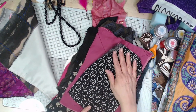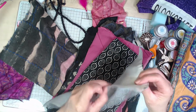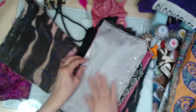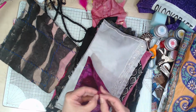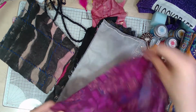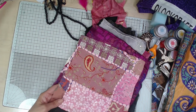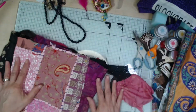Look at that. It's like multi-layered. It's got cotton on the inside. No, it's not cotton. It's like a satin lining with a sheer over the top and this lovely beaded embroidery. Some more delicate silky fabric. Oh, look at that. I'm just blown away by how much is in here and how beautifully they've been